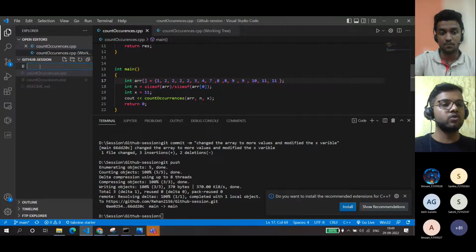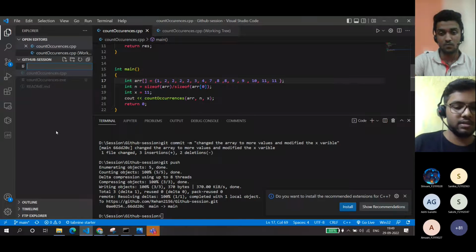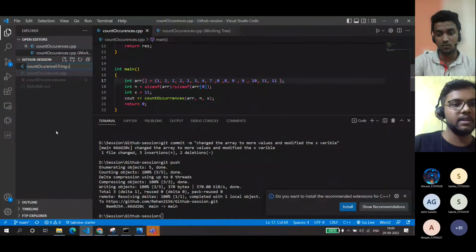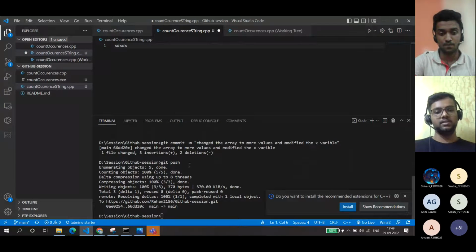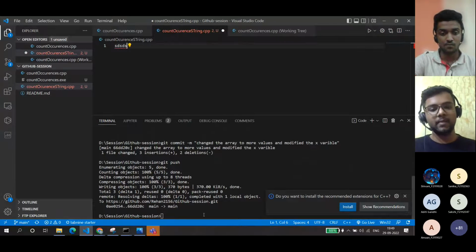Let's say you want to contribute count occurrences of a string. Let's say that is something you want to contribute to this repository. So you will say count occurrences string dot cpp, and here you will write the code for that. You will write some code, then again you will perform these operations: git add, then git commit, then git push.